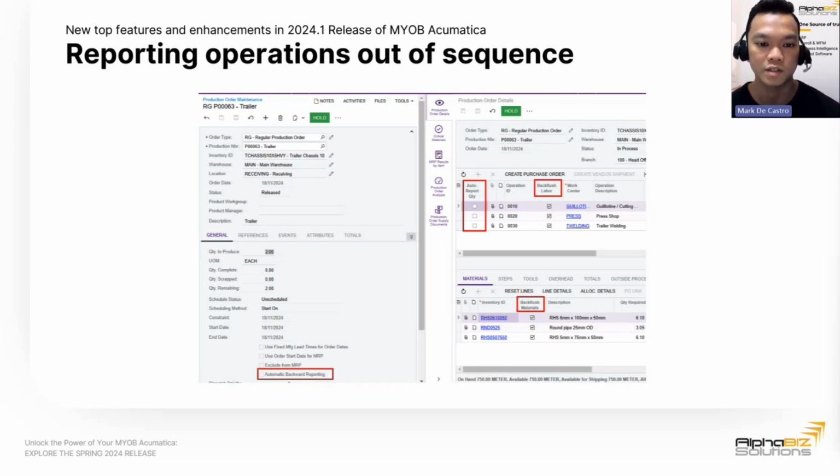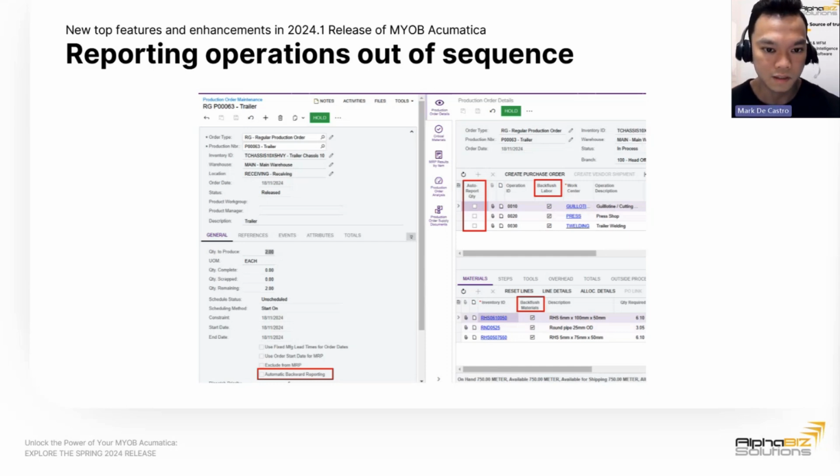So there will be no changes. But if that is unticked, with this new version, you have the ability to tick that. And how it works is the workers will have the capability to report completed operations non-sequentially, like I said, without the need to report the previous operations.